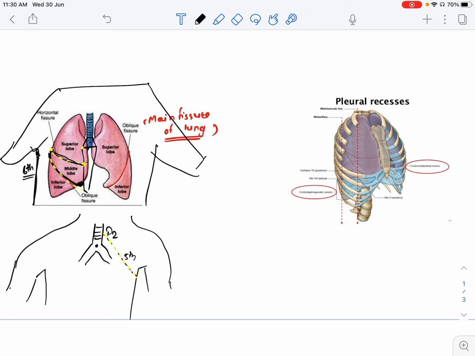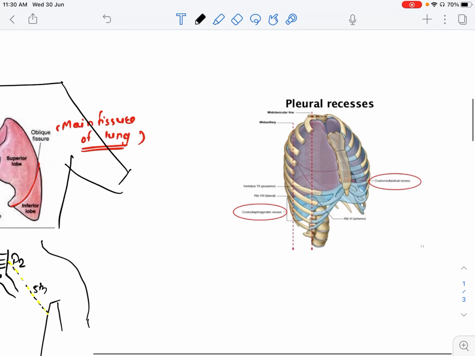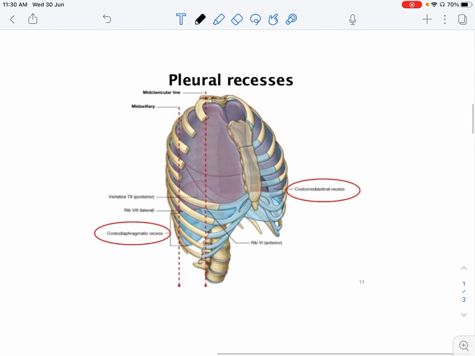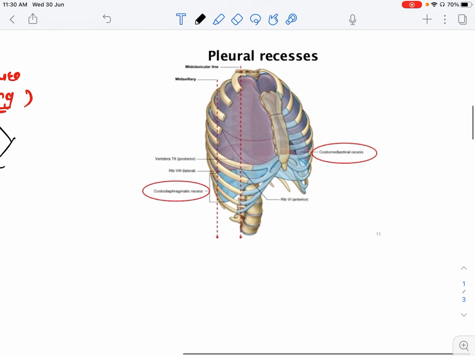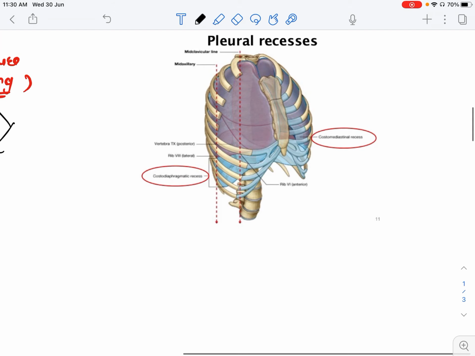Now the third part that we'll deal with is another important anatomical part. They ask you in viva sometimes the pleural and lung reflections. That is how the pleura and lung are reflected surface anatomically wise. So it is quite clear. Now you can see that the pleura is basically a sac-like structure in which lungs are placed, and lungs are kind of floating in between the two layers of the pleura.